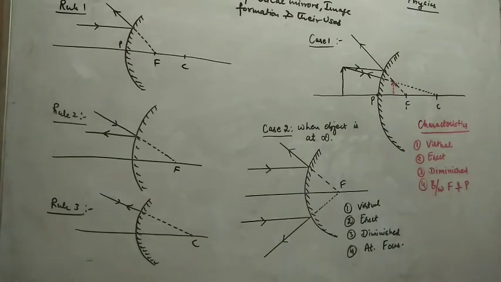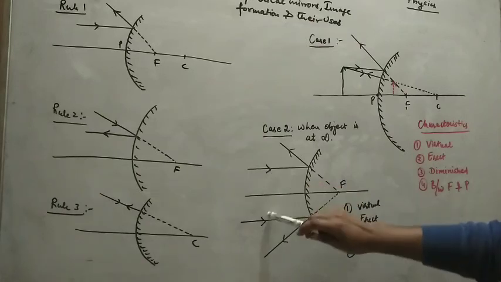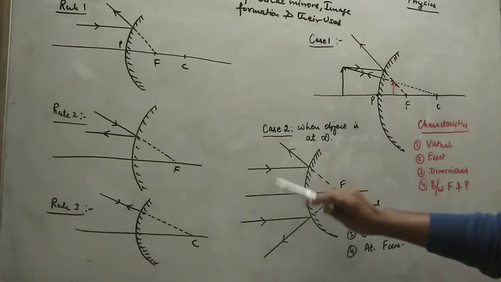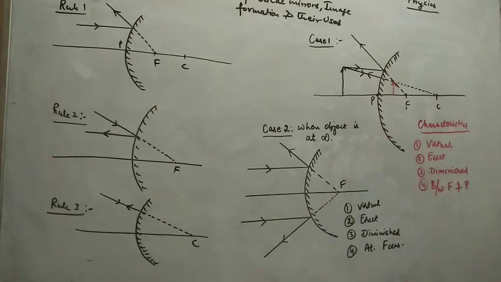So again, with the help of the rules, you can practice all these diagrams carefully. Keep in mind that arrows are really important. I am taking two rays, so double arrows will come. Two for incident, two for reflected. So don't forget to draw the arrows and practice all the